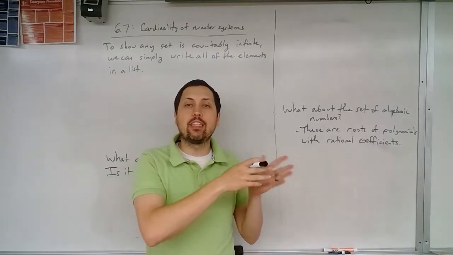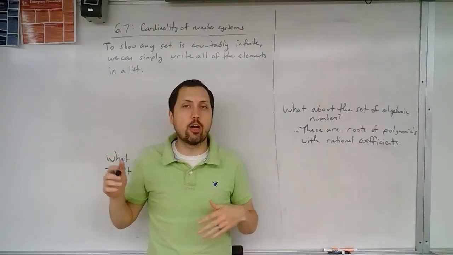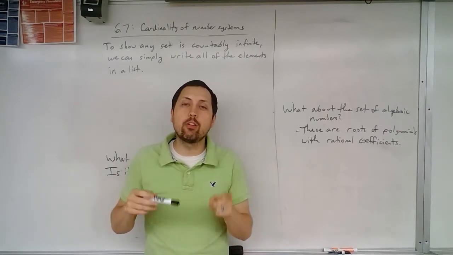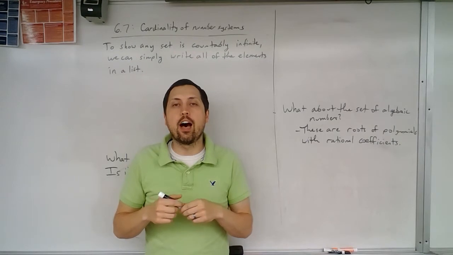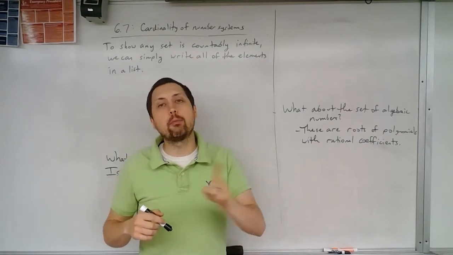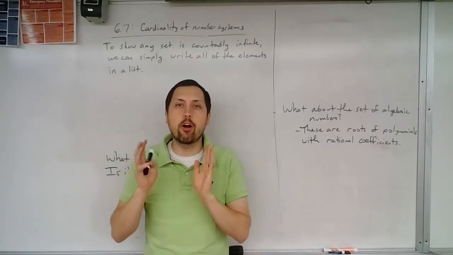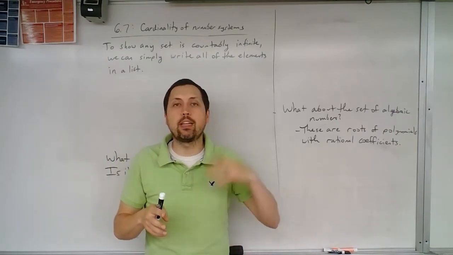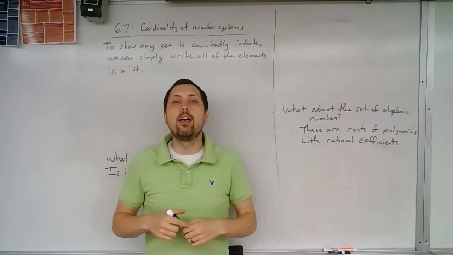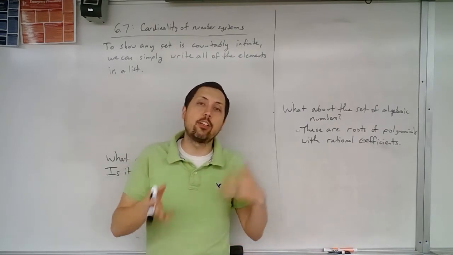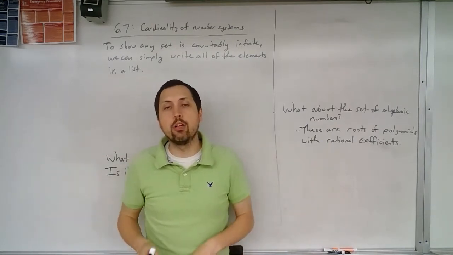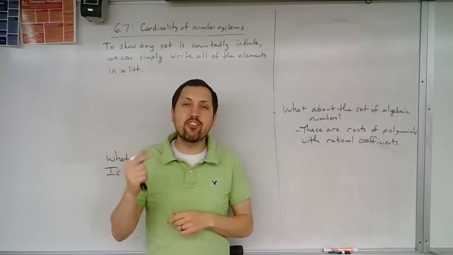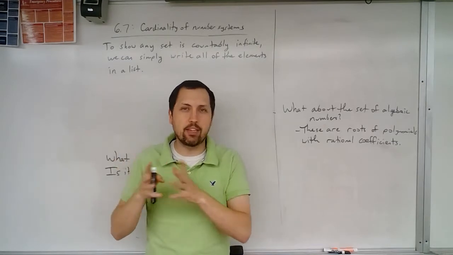Finite means you have the same cardinality as some set 1 through n. Then we had countable, and countably infinite. Countably infinite was the one that has the same cardinality as the set of the natural numbers. Countable was either going to be countably infinite or finite. We also had infinite, which says that you're not finite, and uncountable, which says that you're not countably infinite, or you're not countable. So we had these 5 different ones, and we were able to separate them into different categories.